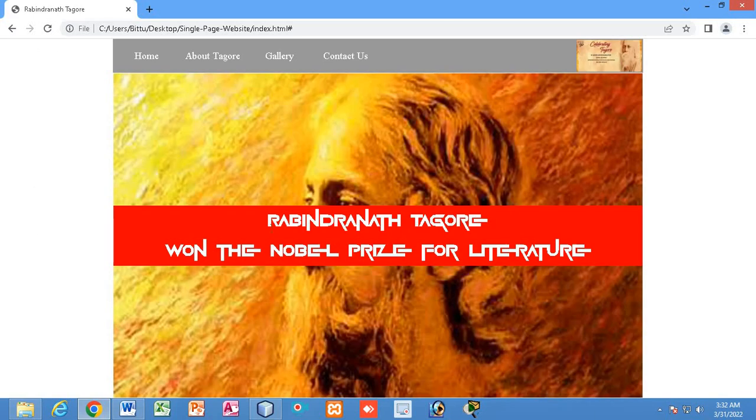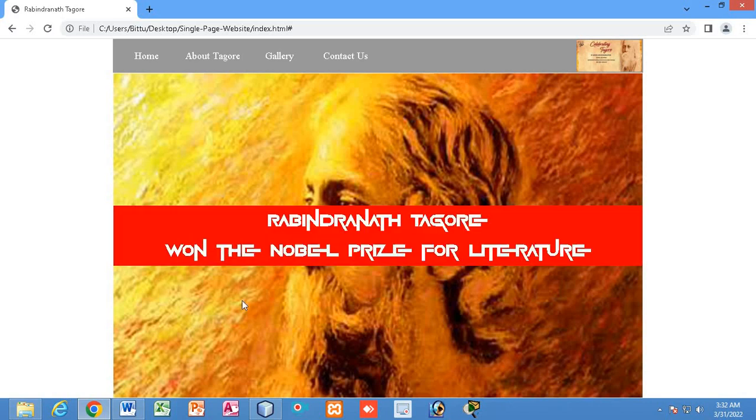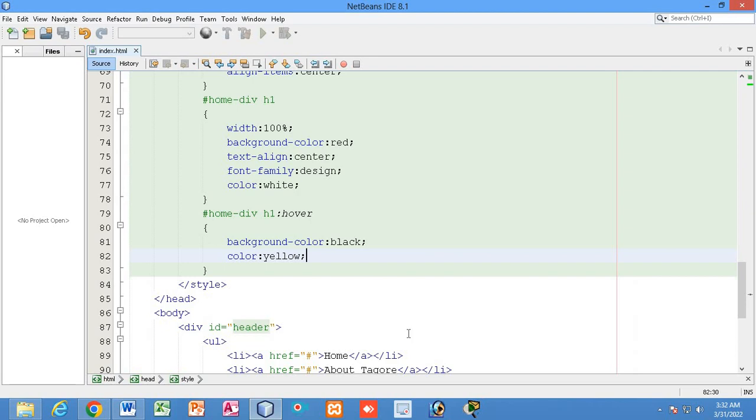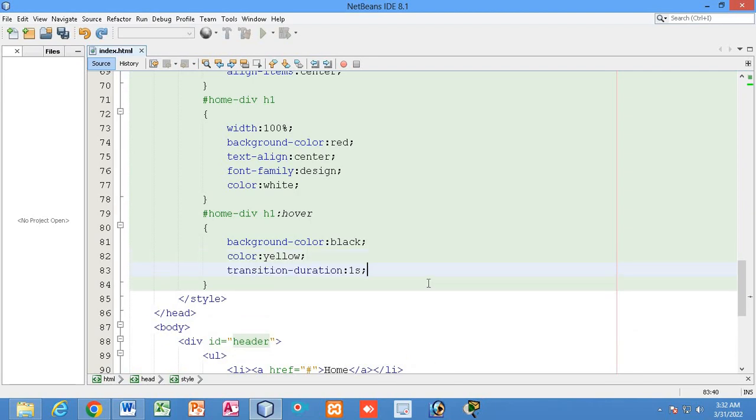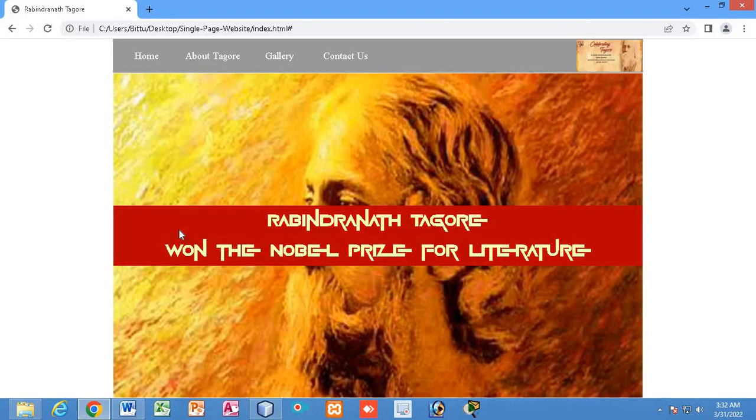If I bring my mouse cursor over this text, the color is changing without taking any time. Instant change of color. But if I add this CSS code transition duration 1 second, that means this change of color property will take time till 1 second, so that you can see it slowly changing.